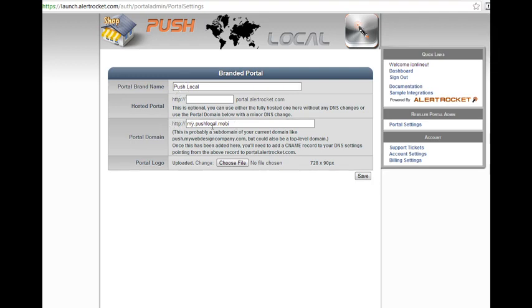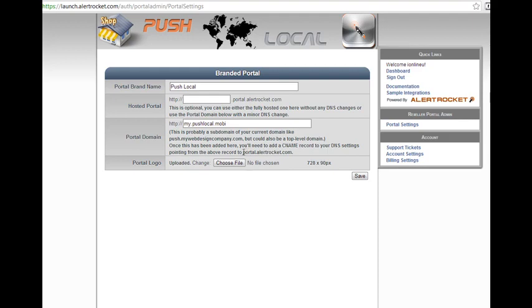Then in this box here, you want to put the actual link that you're going to be using as your branded portal. So as I explained in the previous video, I set up a subdomain called my on my pushlocal.mobi domain, so my.pushlocal.mobi. So you're going to need to remember that, and remember this information down here, portal.alertrocket.com, because this is where they give you some brief instructions where you're going to go to your hosting and set up your CNAME. Now the logo we'll get to, but